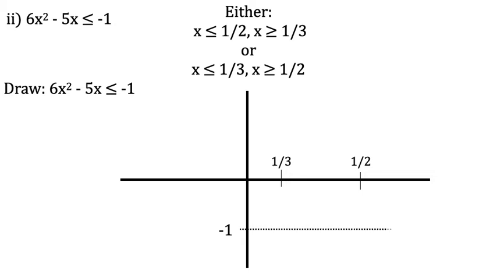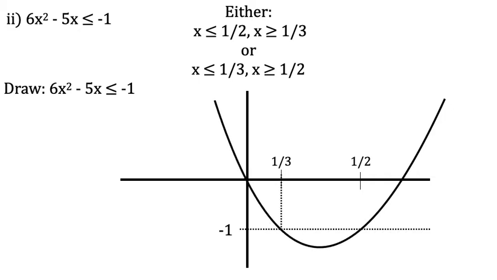So we can draw these as two different lines. The minus 1 is just a horizontal line at minus 1. The 6x squared minus 5x is a parabola. Putting them together, we can see that there is a small part of the parabola that is less than minus